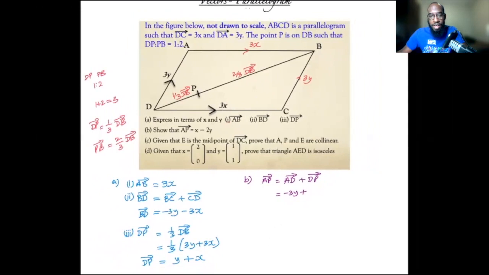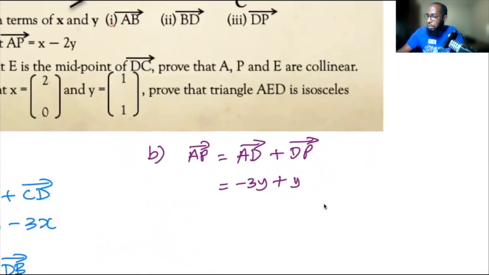Now, since we have DP right here, we found that already. We don't have to go and find it over. So we just include our answer, we substituted. So DP is y plus x. So here, we are simply putting in y plus x. And